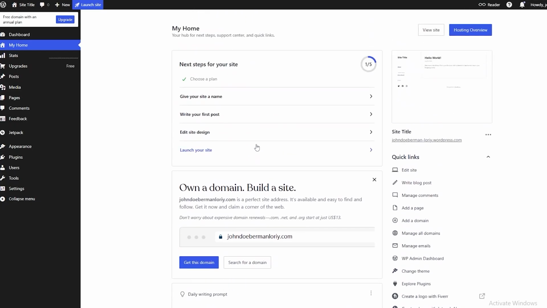This is going to be your website dashboard. Here on the left hand side, you're going to have all of your options like posts, media, pages, comments, and again, plugin section, but we'll get into that later. And here you can give your site a name. You can write your first post, and you can start editing your website by clicking on this button,